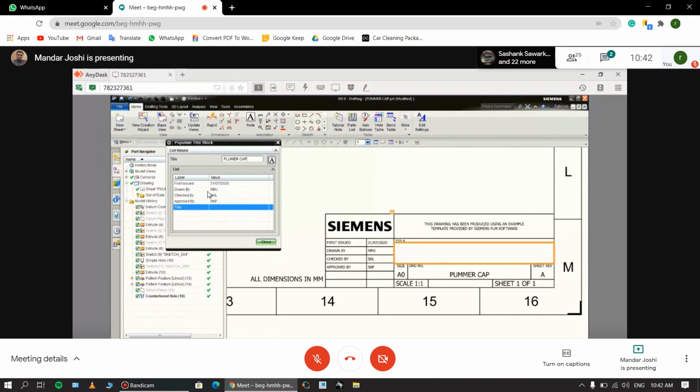Accordingly you will get the information here in the template. The information that you want in the template, you put it in from populate title block. By default it will appear, and if you don't want any other information, without putting anything else, you just close it.